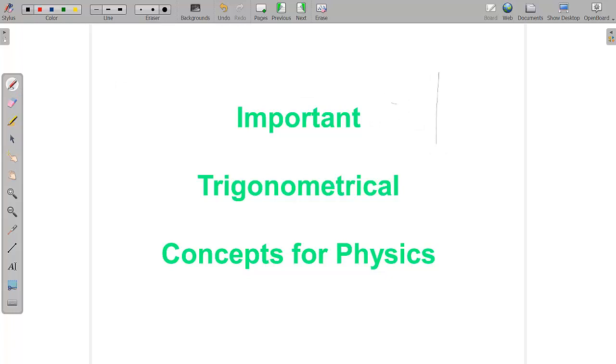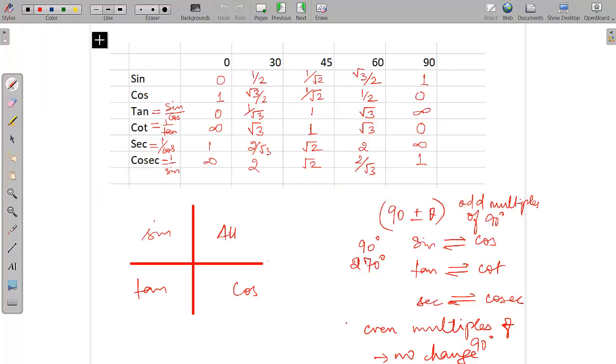You know basically the four quadrants, wherein the first quadrant is up to 90 degrees, the other is up to 180 degrees, the other one is up to 270 degrees, and this is 360 degrees. What we will be seeing is how the trigonometrical functions vary among these quadrants. So first thing is all of you must be knowing all these values of the functions within the first quadrant, at least up to 90 degrees.